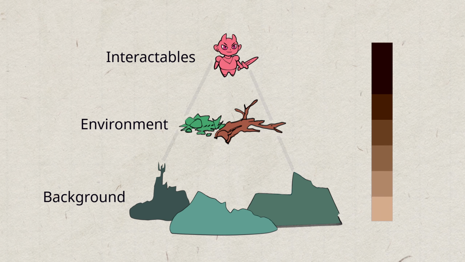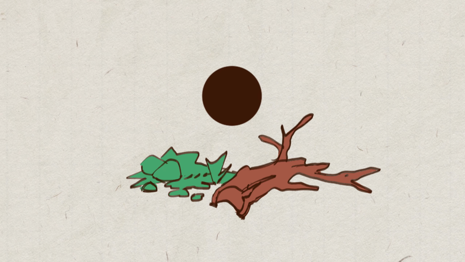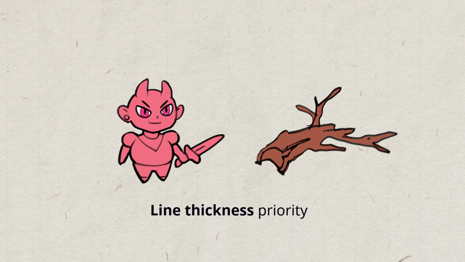We will focus on two areas, line art and color saturation. You can make this hierarchy where the player and interactables have the darkest and more saturated outline. You can use a color for each kind of object, like a grass patch or a trunk, or just use one for all in the same category. The ones in the background should have lighter colors. You can do the same with line thickness, like adding a thicker outline to the characters and objects.